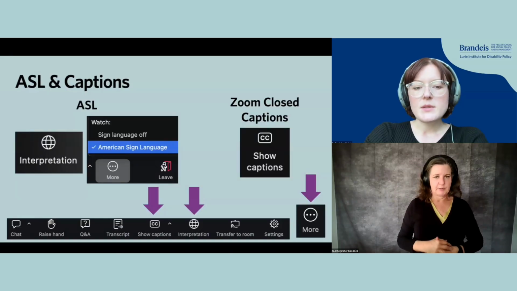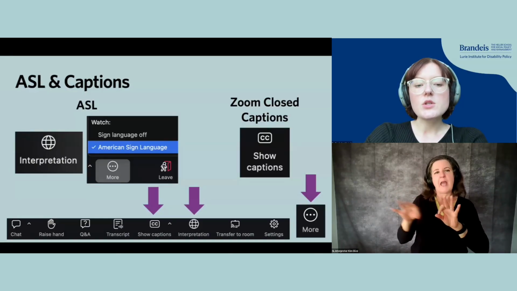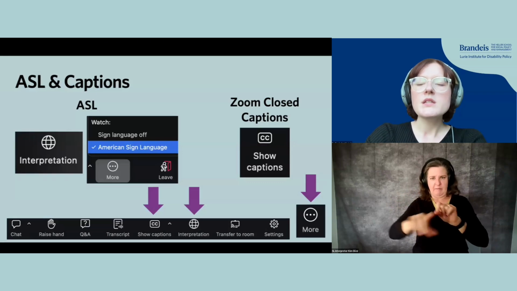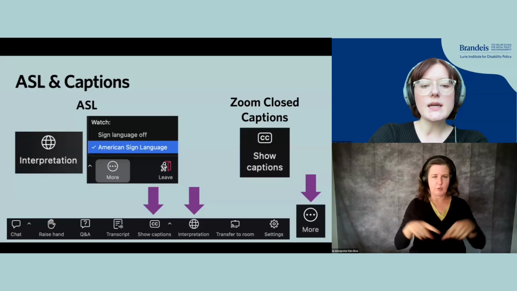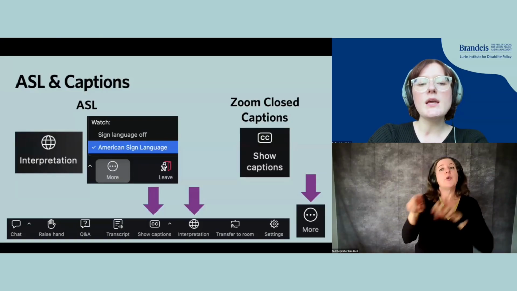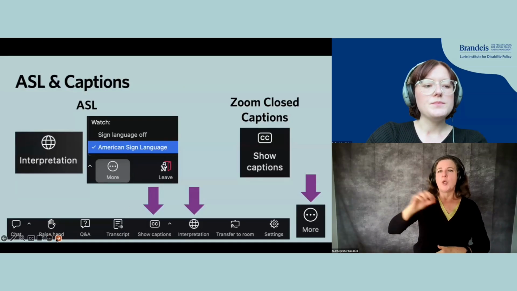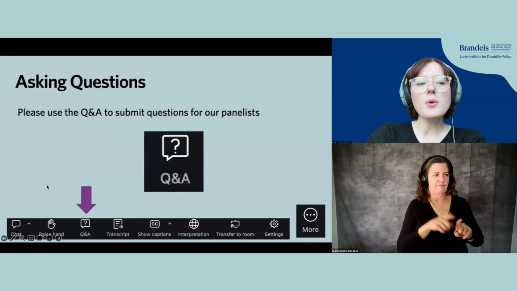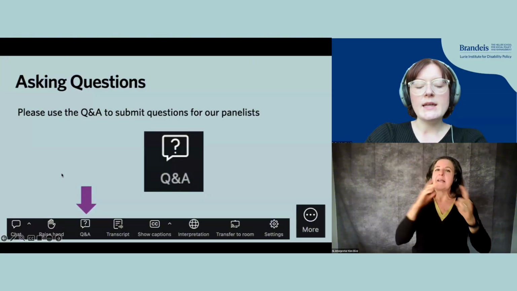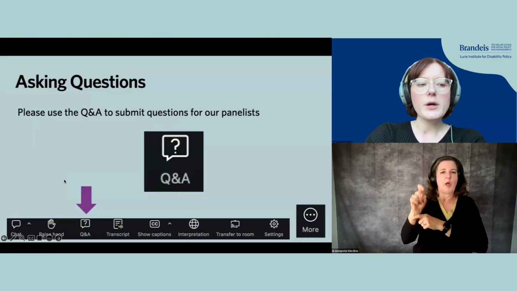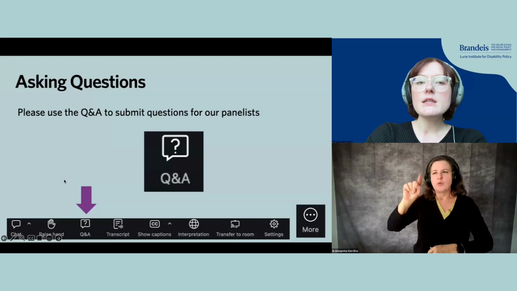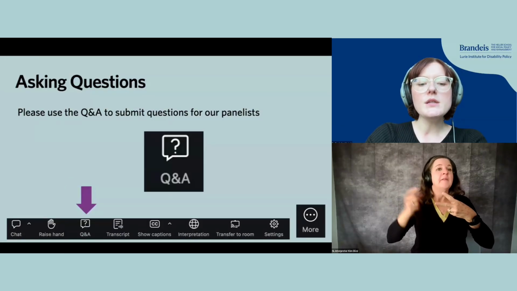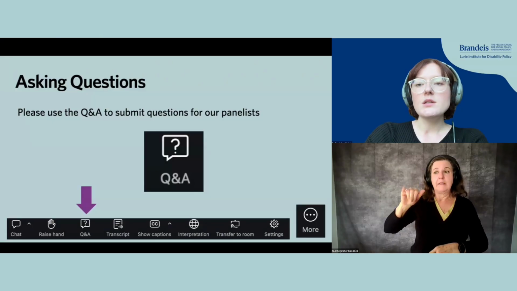We also have closed captions available. To turn captions on, click the CC button at the bottom of your screen. To ask a question for our panelists today, please use the Q&A function on your screen. It looks like a speech bubble with a question mark in it, and it should be found in your Zoom toolbar. If you have any technical issues or accessibility questions during the webinar, please use the chat to message the